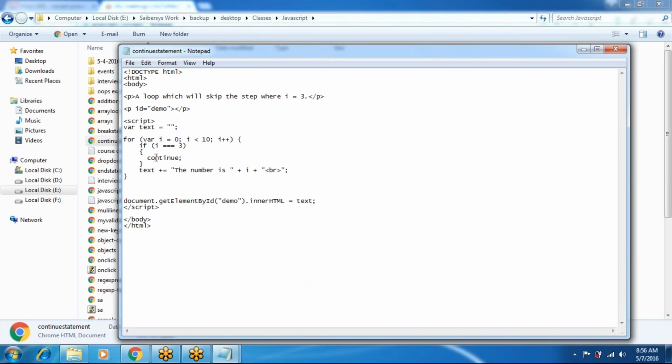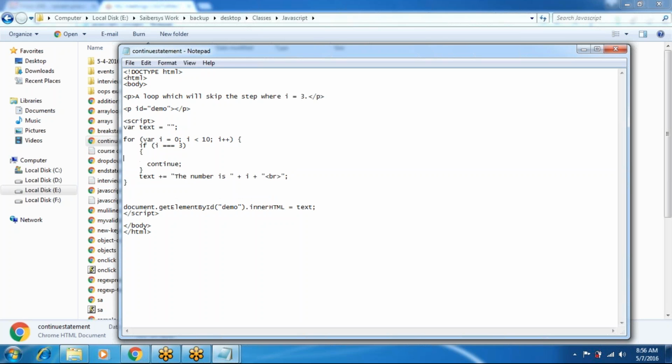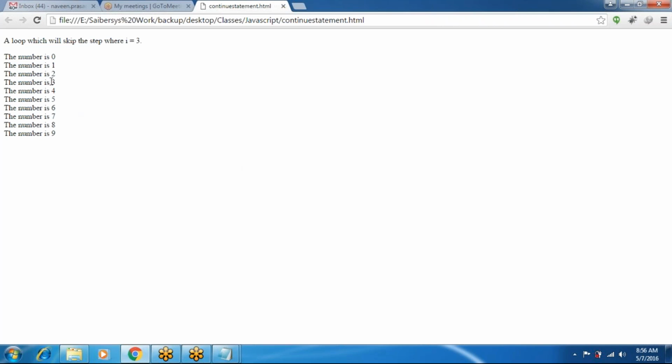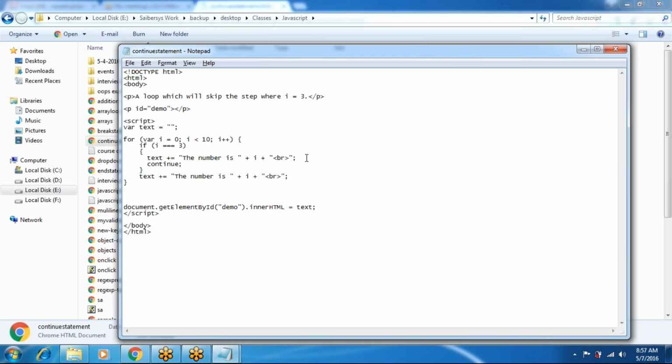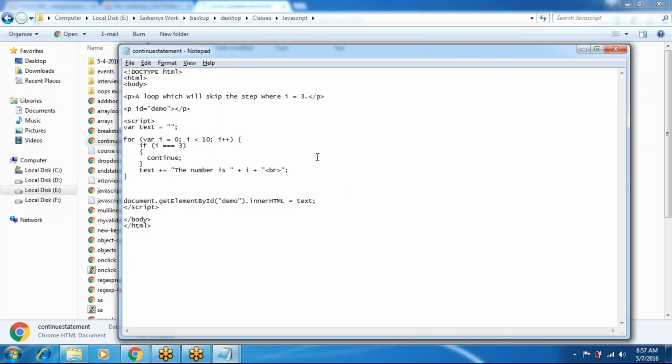If you use the break statement, the whole for loop is broken and the next statement executes. So the 3 value is not added. You can use this text statement here also, so you can add the 3 value also. Here the 3 value is also added. So that is the difference. Understand? This value continues to the next statement, not to here.